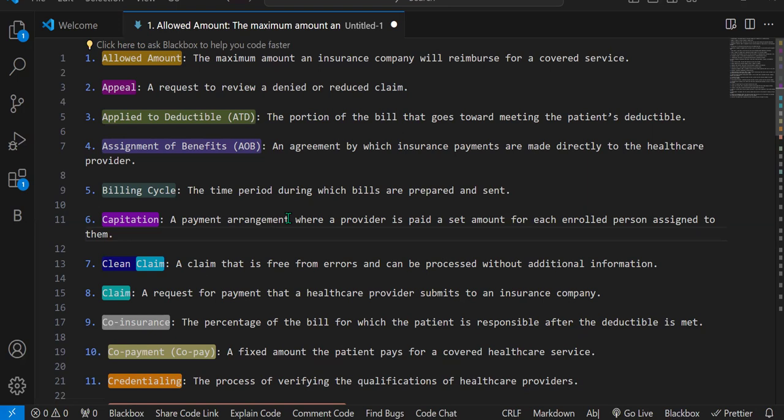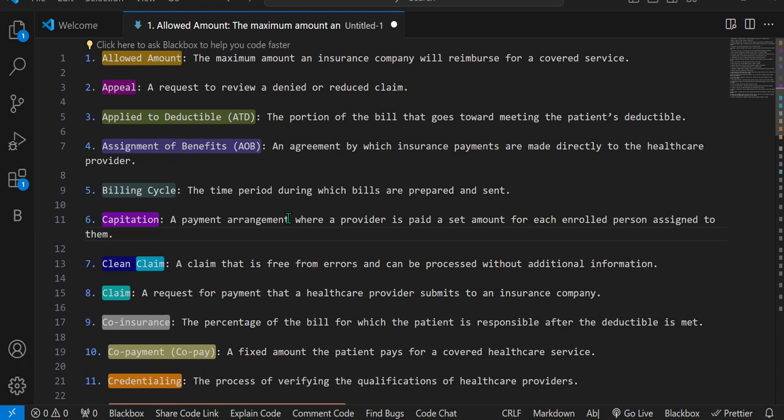So capitation is a payment arrangement where a provider is paid a set amount for each enrolled person assigned to them, which means a certain amount an insurance company will pay to the provider. For example, the insurance company paid $30,000 to the provider, which means the insurance company is telling the doctor that